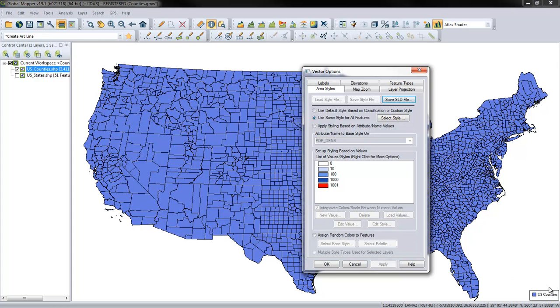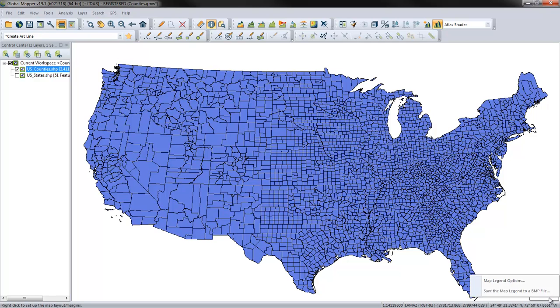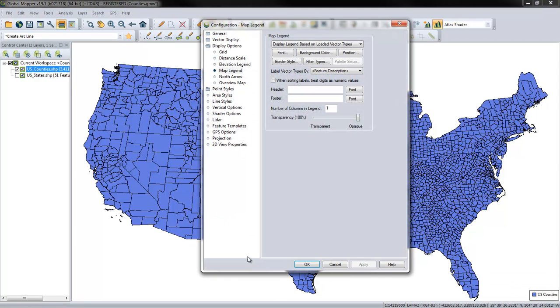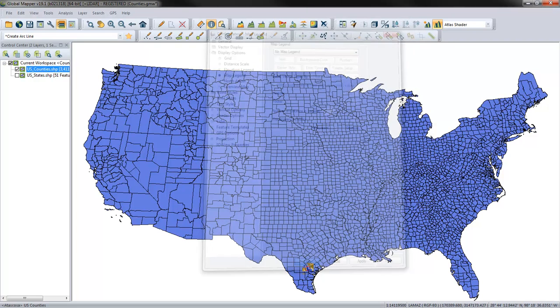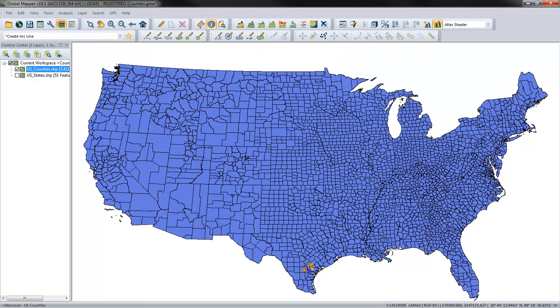And you can see all US counties are now assigned the same color. In fact, I'm going to hide the legend now. We don't need our legend displayed anymore. And we will go to our options and display no map legend. So these features, all of the polygons have a numeric value that we're interested in visually representing, that being our